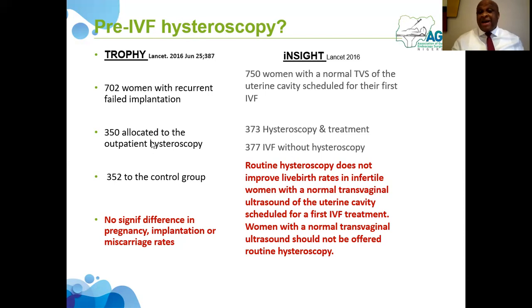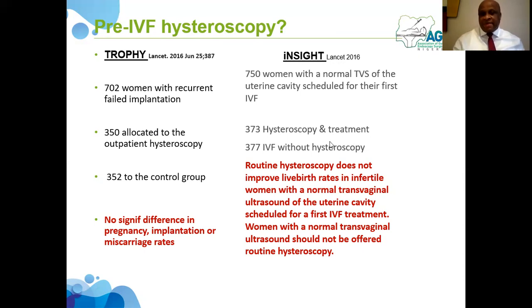So they're suggesting that outpatient hysteroscopy does not help or make any difference in terms of IVF outcome in this group of women. A similar paper with a slightly different group of patients was studied by the INSIGHT group, the Dutch study, where they also looked at about 750 women who were having their first IVF cycles with normal ultrasound scan features of the endometrium. Two groups were identified, a 373 hysteroscopy group, where all these women had hysteroscopy with treatment of